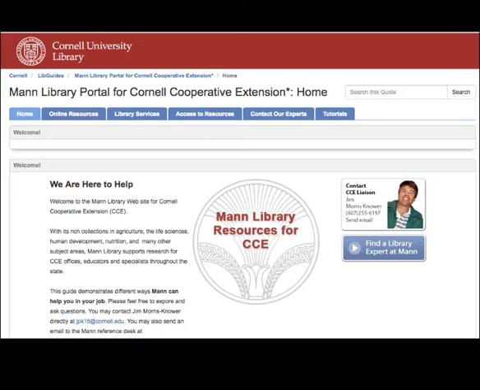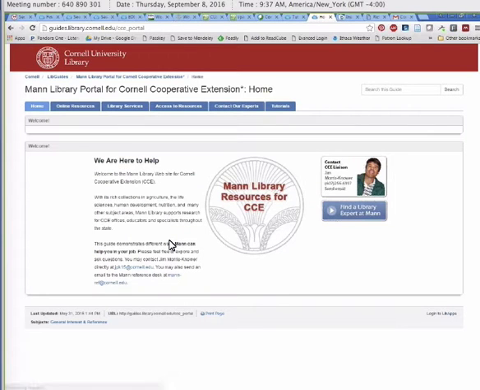But the idea is that it's an online resource that's easy to get to, that collects together a lot of the resources that are available to extension folks through Cornell and through the library and through me. So I'm going to share my screen to give you a quick overview of it, and then I'll open it up to questions and conversation. So here's the portal, which is pretty easy to find. The URL is up here,